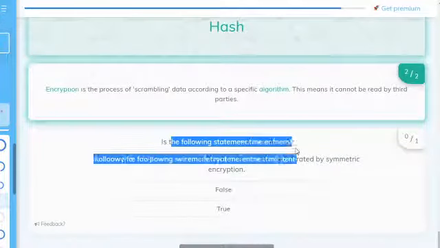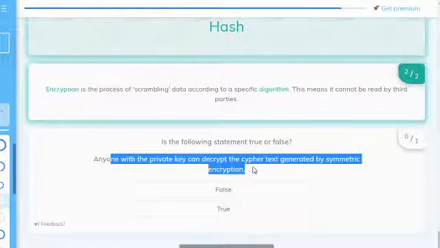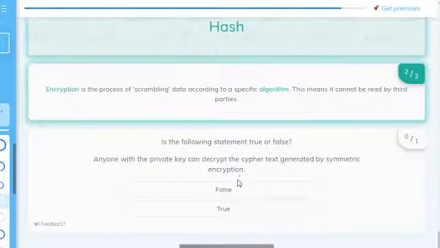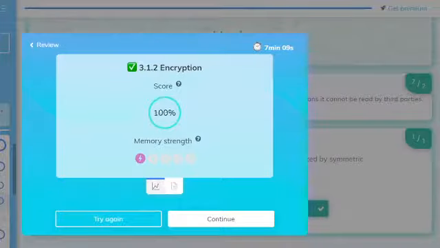Is the following statement true or false? Anyone with a private key can decrypt the ciphertext generated by symmetric encryption. True. They can do it with symmetric, not with the other two though. So that is encryption and